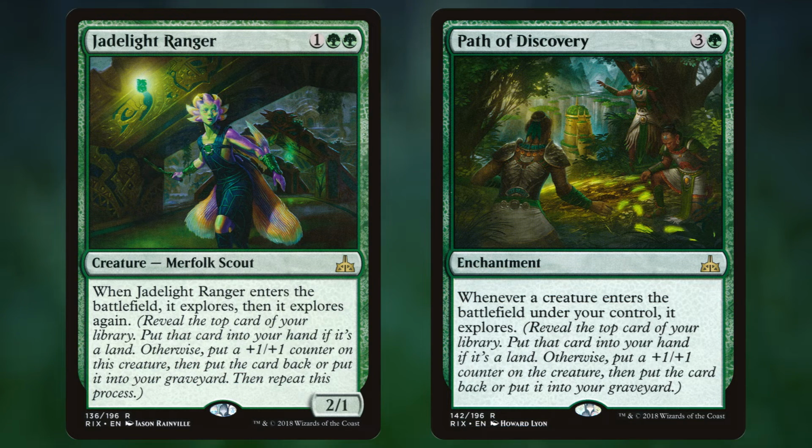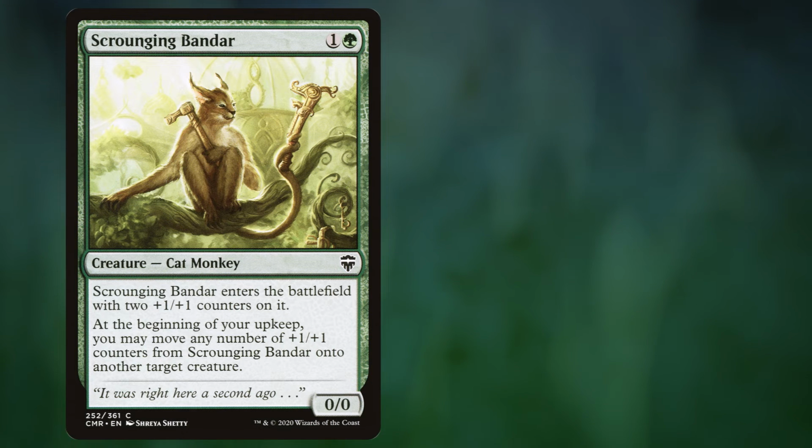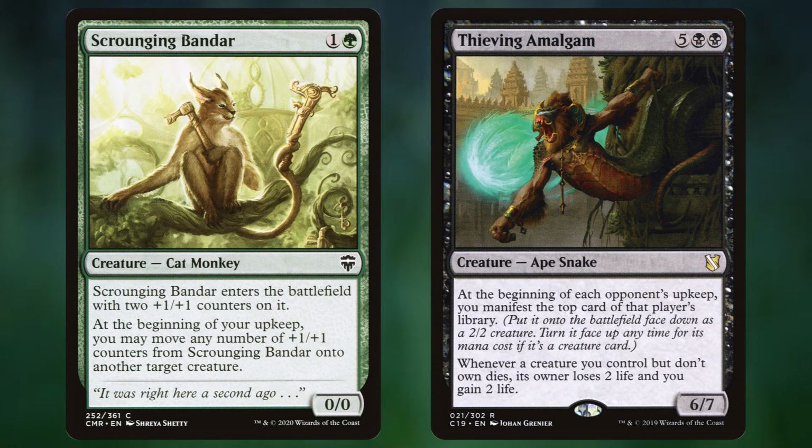This is a good effect, but we've got some 4-mana green enchantments that are just commander staples that are drawing us cards every time creatures come in. I don't think this can compete, but if it's a Dora the Explorer theme deck, it doesn't have to. Dora's little monkey friend will be Scrounging Bandar to pass around +1/+1 counters, and Swiper No Swipey will be played by Thieving Amalgam. I actually don't think these cards are terrible in the deck though, if you just want to run them. Thieving Amalgam is expensive, but we get an extra permanent every turn to sack for Baba Lysaga, and